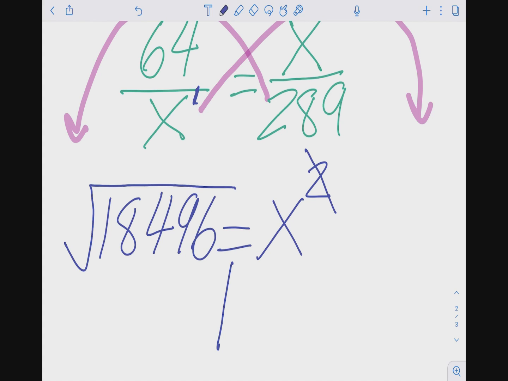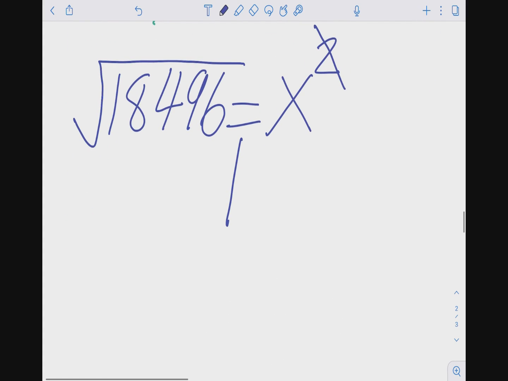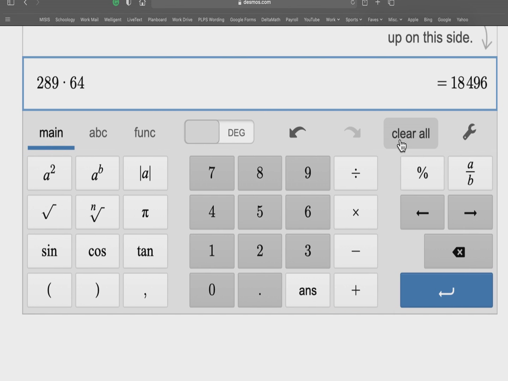So we're going to find the square root, right? Or radical. We're going to find the radical, the square root. So I'm left with X here because the 2 is gone. So I'm going to find the square root of 18,496. So I'm going to go back to my calculator, and I'm going to look for the square root button, which